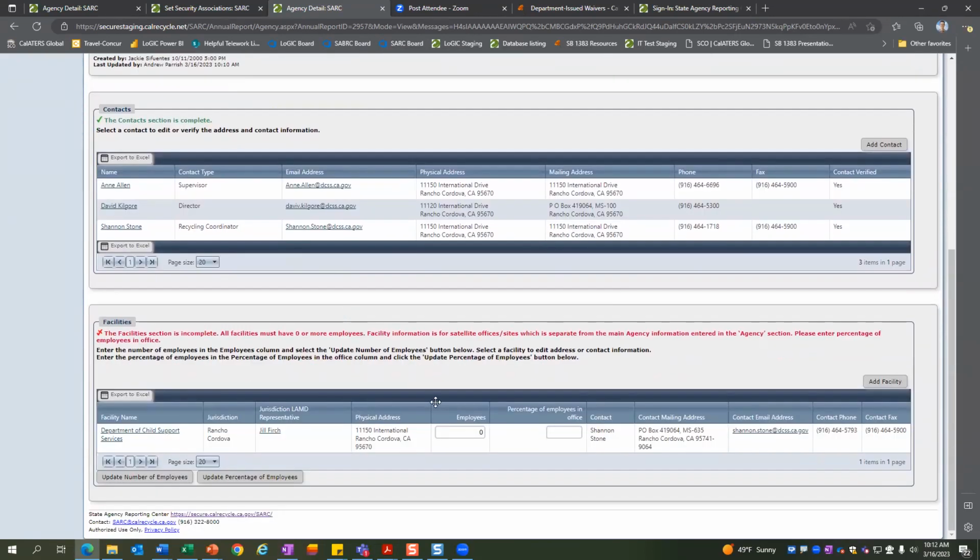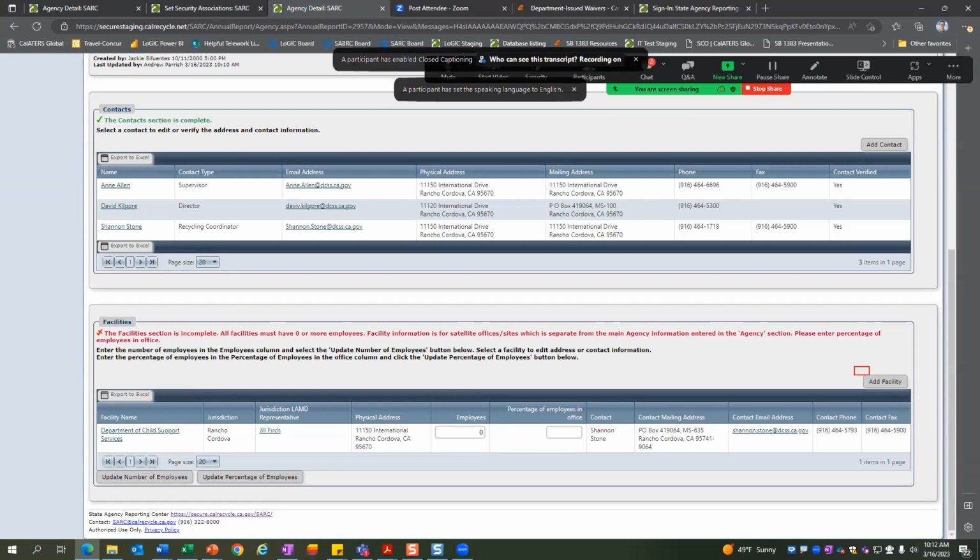All right. Facility section. In our example here, this particular agency only has one facility. Many of you have more than one, could be even up into the 30s or 50s, potentially more. So all of those will be listed here. If you need to add facilities, you can add facilities here. And in order to complete the facility section on this page, we do need to enter the employees at those satellite offices or maintenance fields or that are assigned to those particular state parks or state recreation areas. And here's our first new feature.